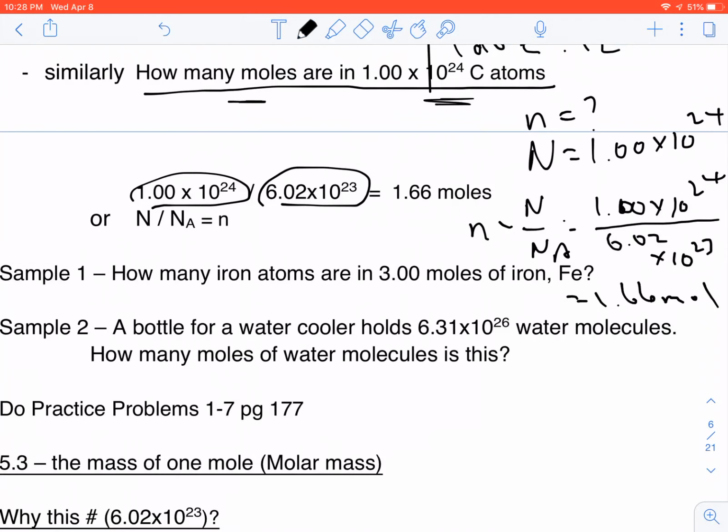Now, there's a couple of sample problems here. I'm going to do them separately, and I will post them as separate solutions to sample problems for 5.2. Okay, I hope that makes sense. If not, maybe after the samples, it will make more sense. And once you've worked through the 2 sample problems, I'm going to ask you to try the practice problems in our